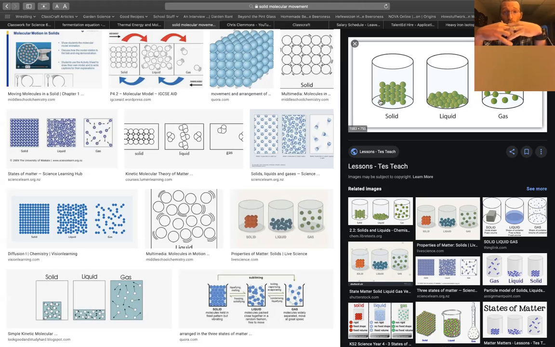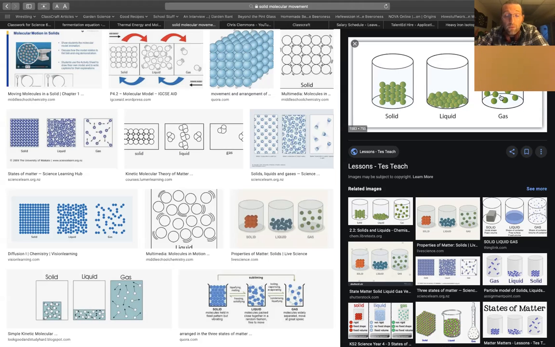Now, the moment those bonds break, and these molecules can now slide by one another, well, now you have a liquid. And that's what you see in this drawing here. Same substance, but now the bonds have broken and they all fall down on top of each other, right? And they just slide by one another. They might be loosely connected, like they're trying to bond, but they never can quite grab onto each other again and form that rigid structure. So that's what you would have for your description in that.